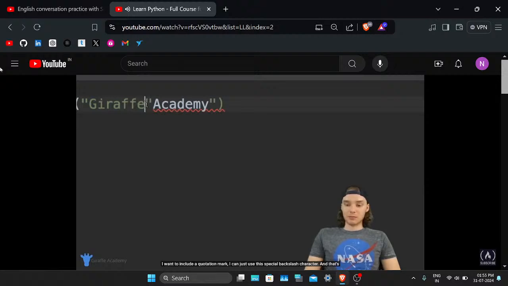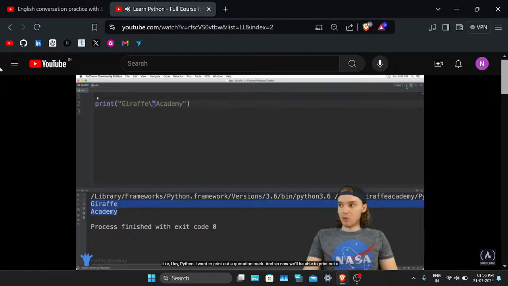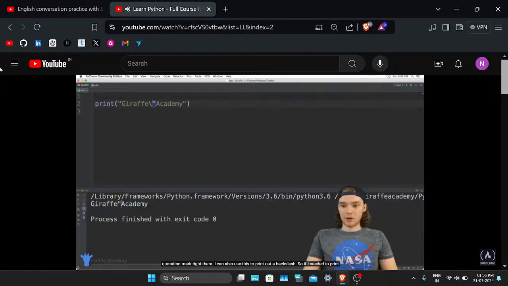So if I want to include a quotation mark, I can just use this special \ character, and that's called the escape character, and it basically just tells Python that whatever character comes after it, we want to render literally. So when I say \ quotation mark, it basically means, hey Python, I want to print out a quotation mark. And so now we'll be able to print out a quotation mark right there.